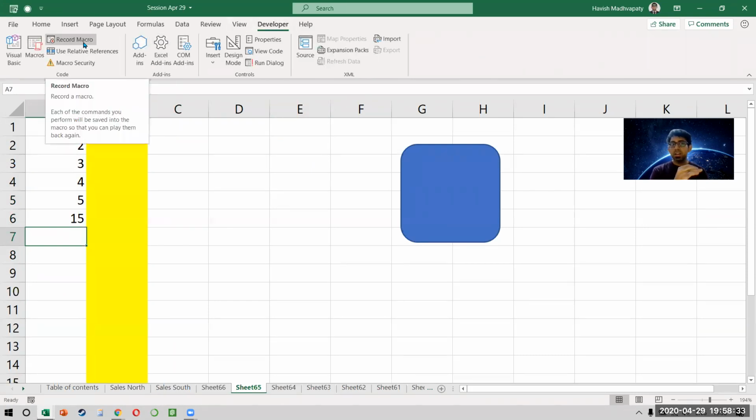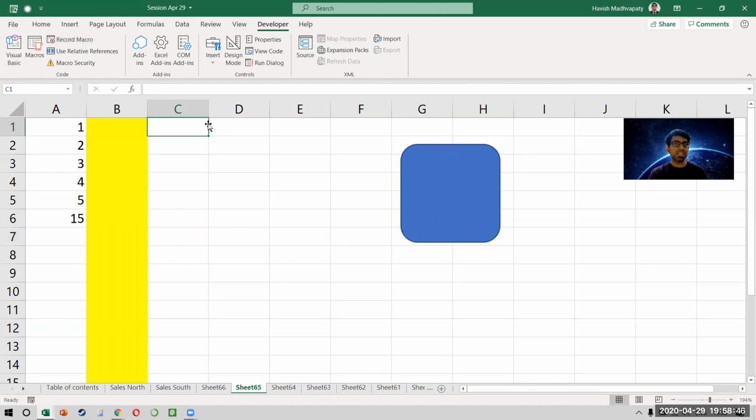So it says each of the commands that we perform can be saved so I can replay them over and over and over again, right? It's a big topic. It will require us 1 hour to understand it. So this is something that I'll cover tomorrow. Okay? But remember, Visual Basic and macros are interchangeable. A macro is a generic word that refers to any programming macro, and VB is the language on which Microsoft Office works.